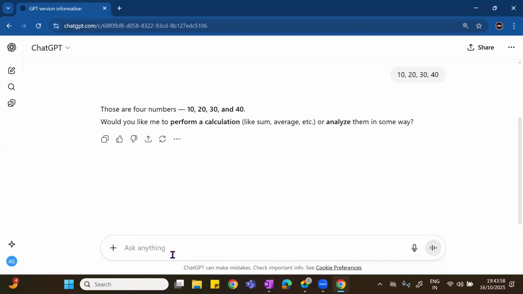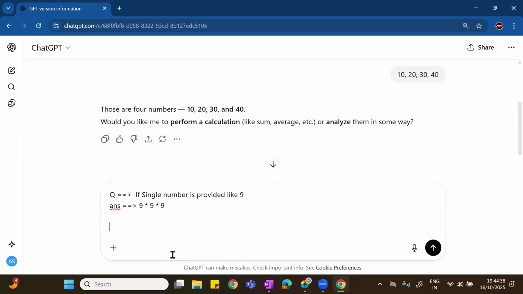I will give some examples, some questions. Question 1: if a single number is provided, perform cube. For a symbol provided like 9, the answer should be 9 into 9 into 9.